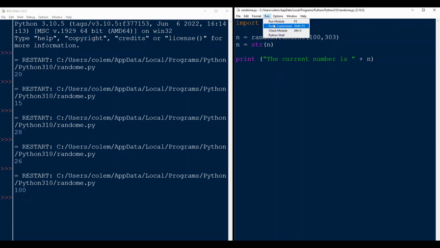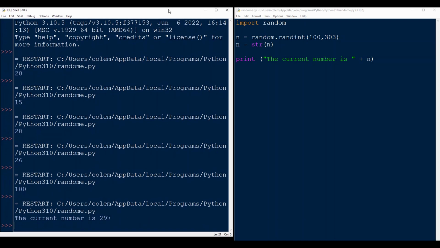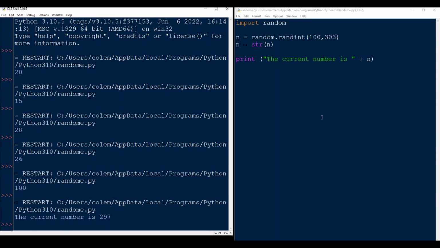So basically now it's going to first give me a random number as an integer, and then it's going to change that integer into a string, and then it's going to provide or produce that value. Let's go ahead and run it. Here it is. The current number is 297. And just as before, we can run it over and over again. Makes sense? I hope so. And it's fun to do, actually. We could even, let's do one more. Let's go ahead and we'll create